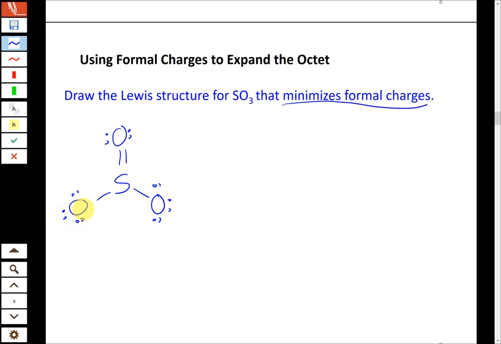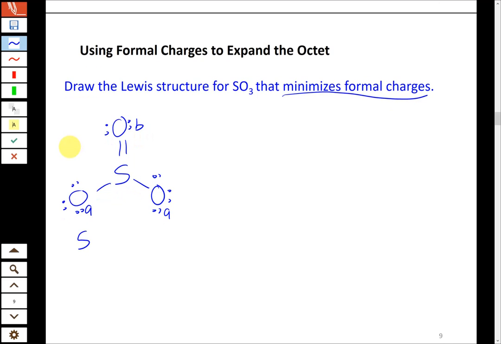All right, so in this structure, if we want to calculate the formal charges in this version here that follows the octet rule, we have a sulfur and we have 2 different kinds of oxygen atoms. We'll call them again A and B. A being the singly bonded oxygens, B being the doubly bonded one. And when we calculate formal charges for these, what we'll find is that each of these is a group 6 element, so they all brought 6 valence electrons